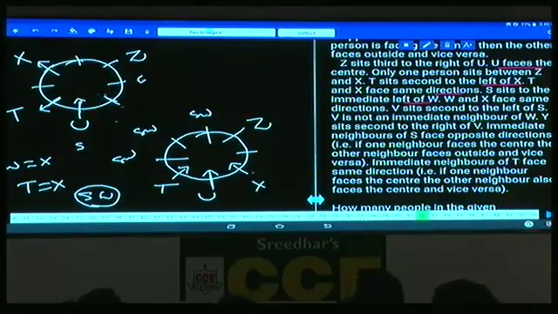Then W here. If W is here, this W is facing the center. Then S will be at this place, and take it, S sits to the immediate left of W. Afterwards, W and X are facing the same direction. As W and X are facing the same direction, then what happened to this one? This case is completely ruled out, because if W is at this place, then this W must be away from the center. If W is away from the center, S and Z must be in the same place, which is not possible. Hence, W cannot be at this place.